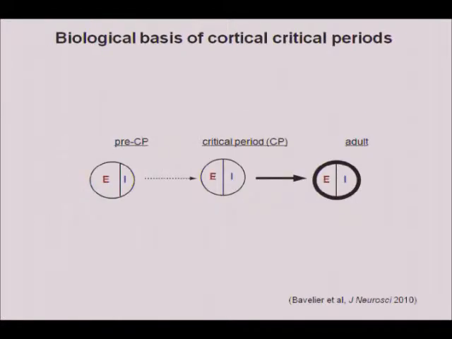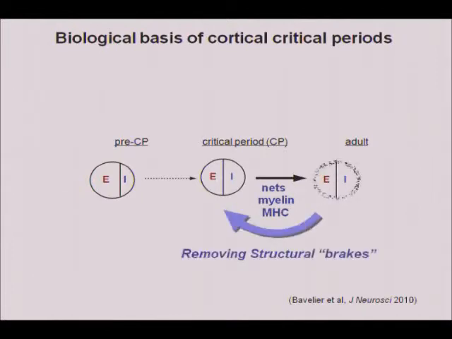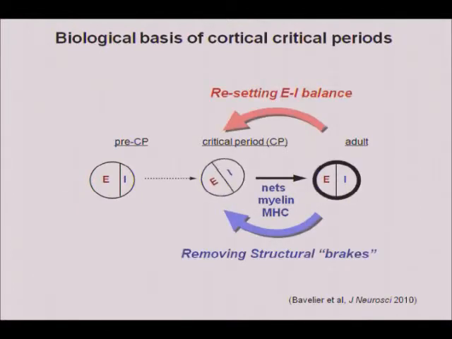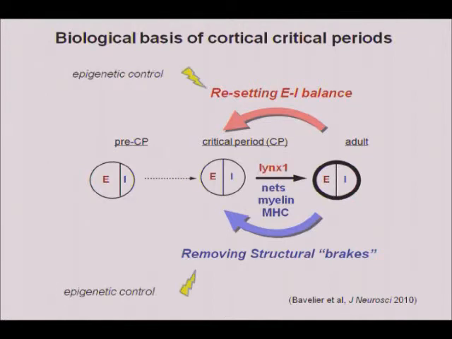So I will stop here with the summary that the study of critical period, in particular the visual system, has led to this notion that there's a dynamic change in excitatory-inhibitory balance which turns on plasticity, and this would remain open if not for an extra coating of factors that consolidate the wiring. So the way we've shown that is to remove these brakes and allow plasticity in the adult. I should add that being part of the CFAR network has focused our attention on epigenetic control now, and in fact all of these aspects are very sensitive to epigenetic modification. So we have a lot of interesting opportunities ahead.